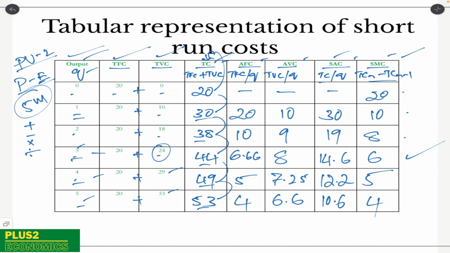So this is how exactly we deal with this table. Like I told you, everything will not be asked. For example, a blank will be given here, a blank will be given here, or maybe a blank here, or maybe a blank somewhere there. So there will be 4 or 5 blanks which you have to fill. And if you know these formulas well, and if you can do the basic arithmetic operations, you can definitely get the full marks that are allotted to you.